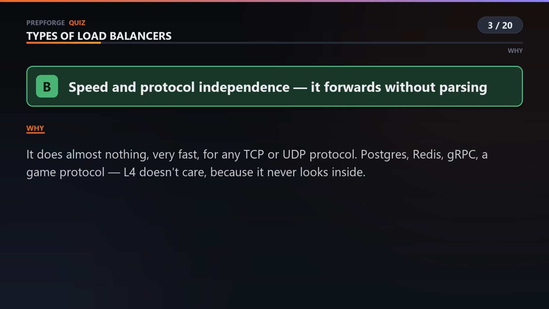Because it doesn't pass the payload, it adds almost no latency, and it'll happily balance Postgres, Redis, a custom game protocol, whatever you throw at it. An L7 balancer has to understand your protocol to do its job. An L4 balancer's ignorance is exactly what makes it universal.